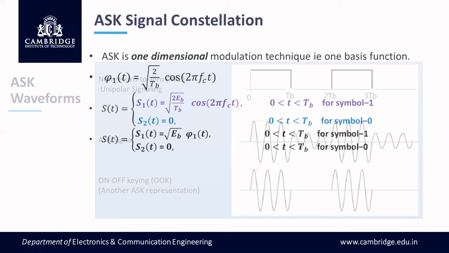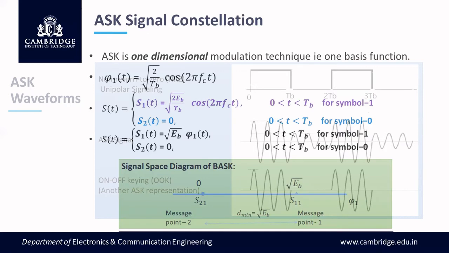the value root TB, where two symbols are there. When S1 of t is transmitted, bit 1, and when S2 of t is transmitted, bit 0, we expect some zero. The expected value for these two symbols transmitted signal is root TB. In practice, we use rectangular pulses to represent these two symbols. Keep these two points in mind, since there are two symbols, we need two different pulses to represent them to make a decision.